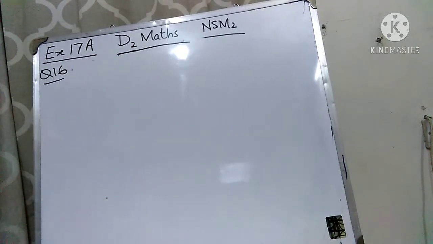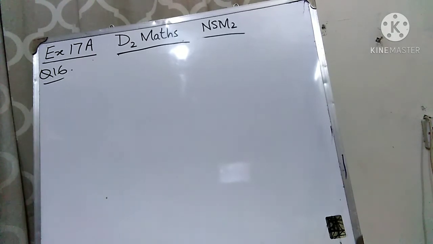Now I'm going to explain you question number 16. The question is, the table shows the mean distance in million kilometers of 20 moons from Jupiter. Here the data is given, and the mean distances are given. So in the first part you have to complete the frequency table. Here the mean distance is given, you have to find out the frequency.